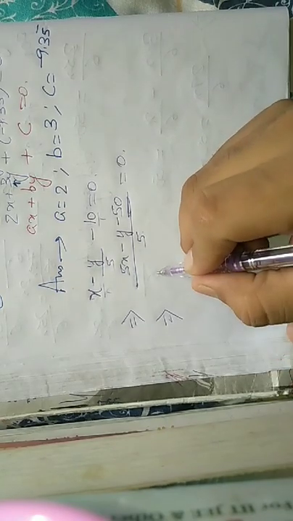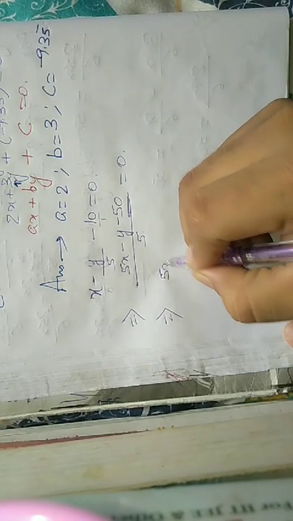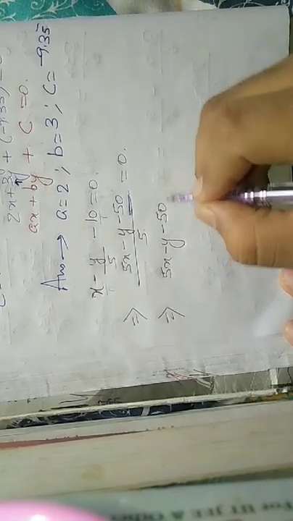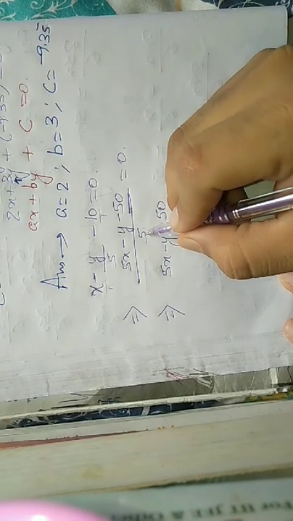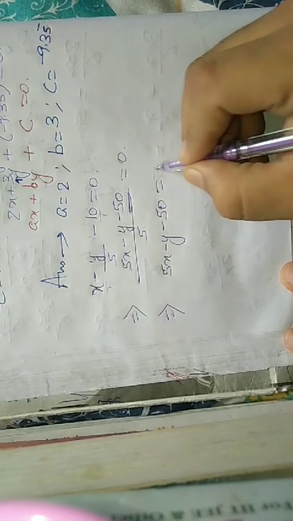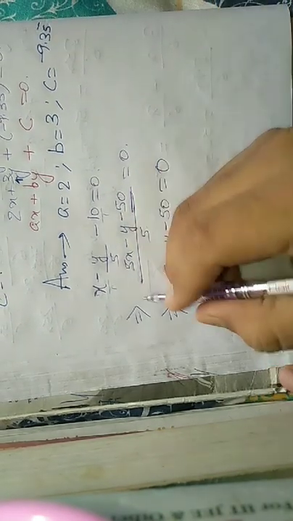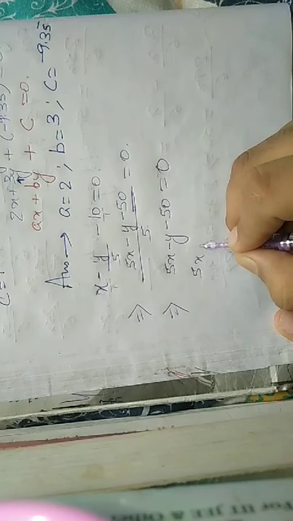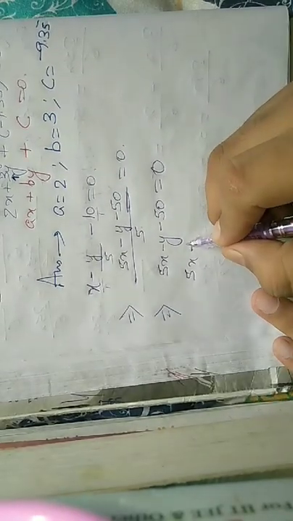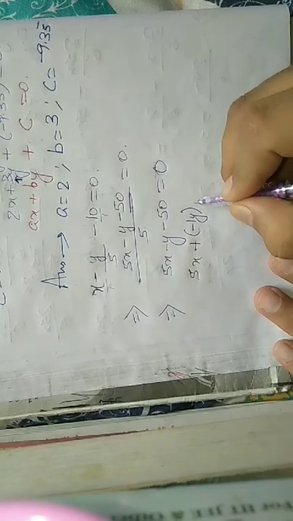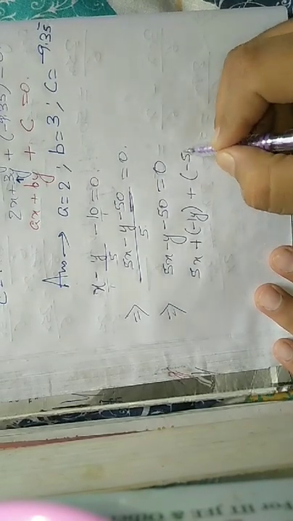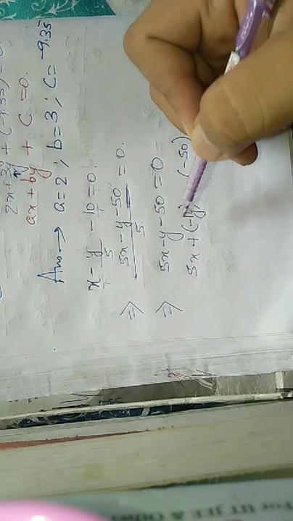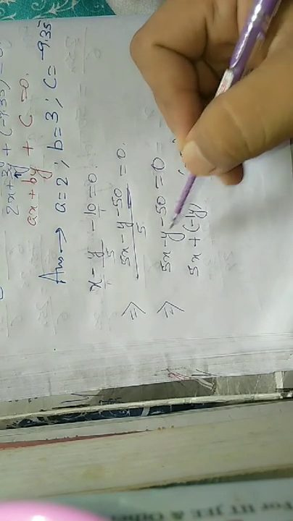So now this will be 5x minus y minus 50, and there will be cross multiplication, so the 5 goes to the other side and gets multiplied, and 5 into 0 gives 0. Again, how do I write this? I can write this as ax plus by plus c is equal to 0. Am I correct, students? It has to be plus by, and b means plus, so minus 1y. Minus into plus is minus, so you will again get minus y only.